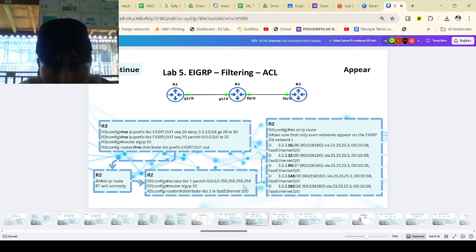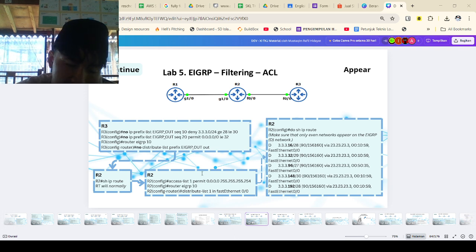on this link, it will apply access control list 1 and only accept the routes that access control list 1 permits.